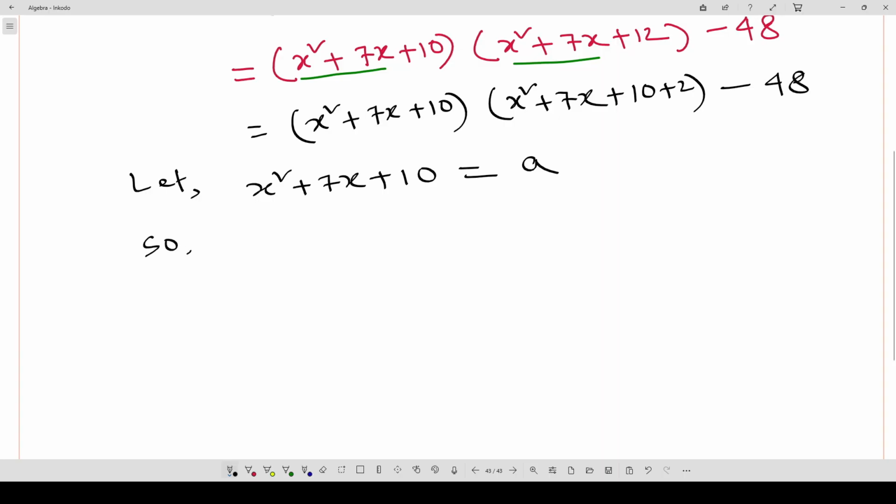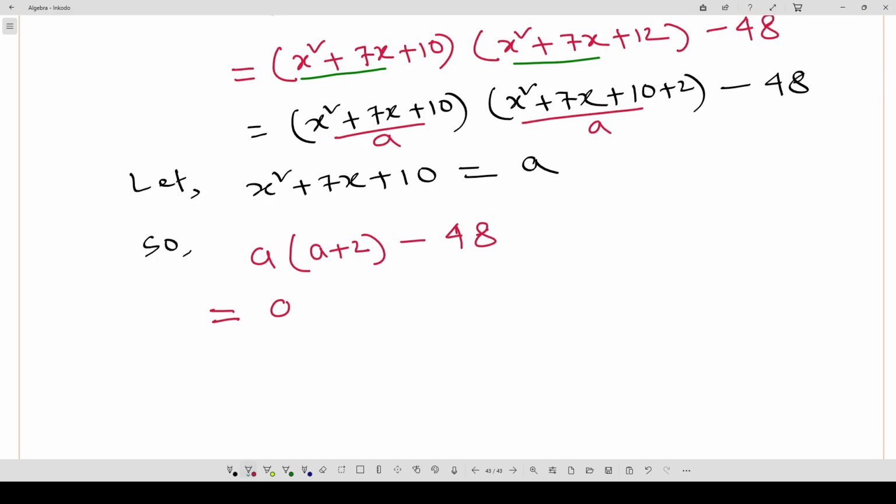So the whole thing, this is a and this is a. So we can write a times (a plus 2) minus 48, right? Now we can write a square plus 2a minus 48. Okay? Then